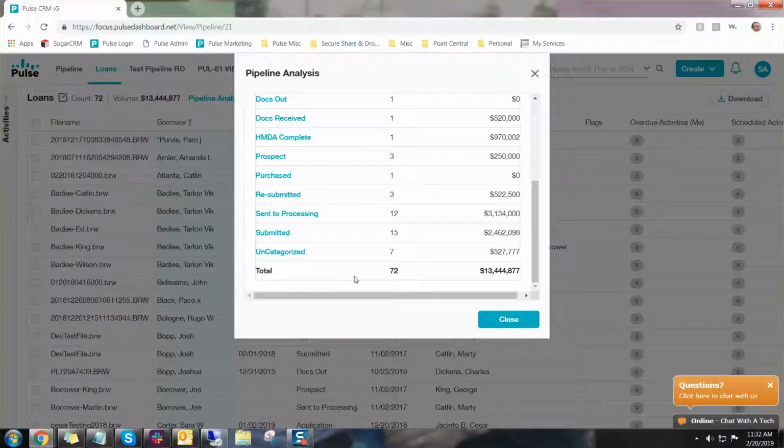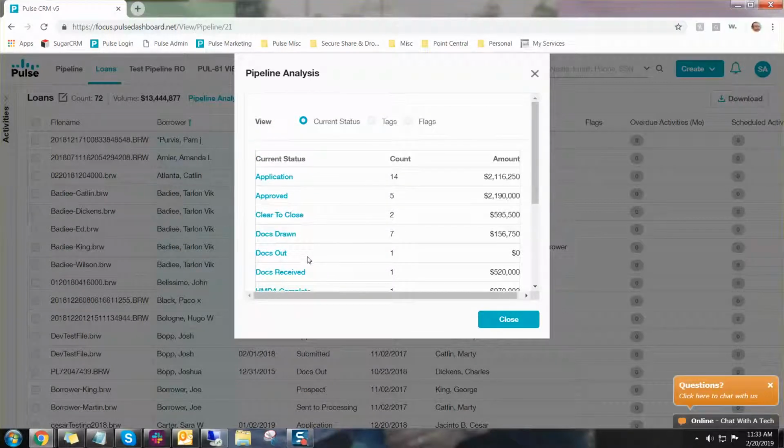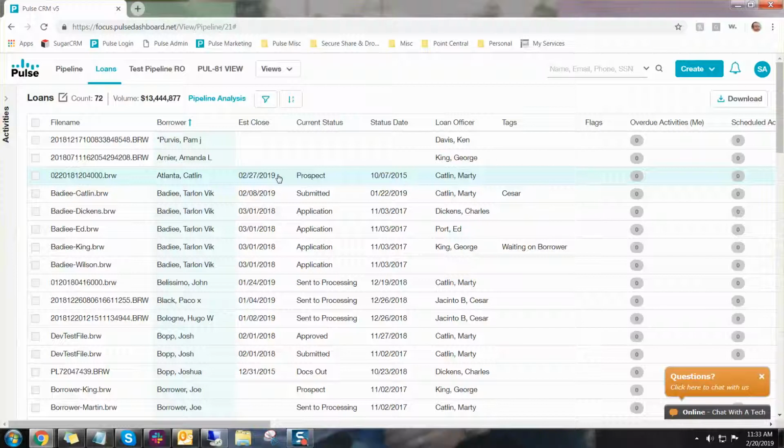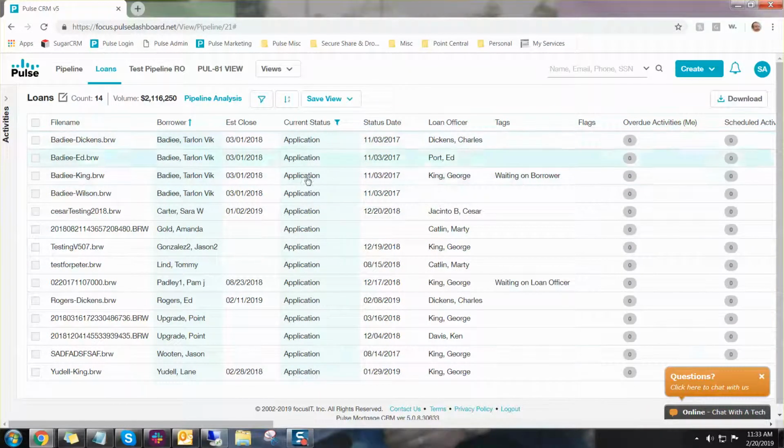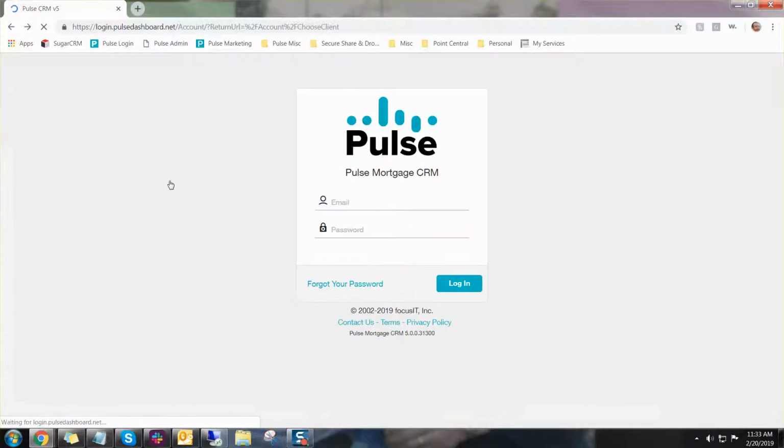That could be because the status box that was marked is blank, or any other reason where that title at the top of your point track status page is maybe blank, or has some special character or something like that that we don't recognize. All of these are links to kind of filter down your 72 files in our loans view down to just those that are meeting this current status. Like if we click on application, we're going to see just the 14 that are in the current status of application. Now if we go back to our analysis,